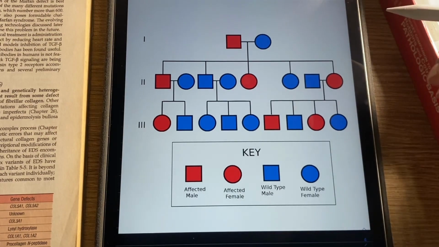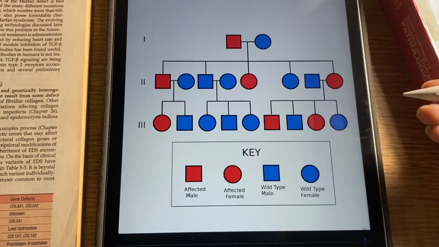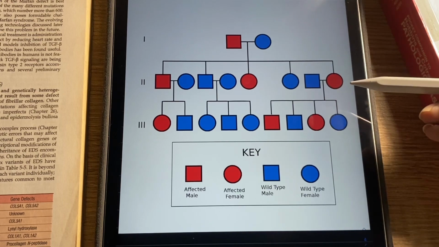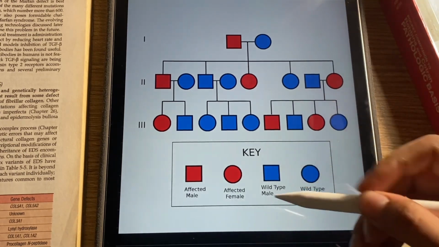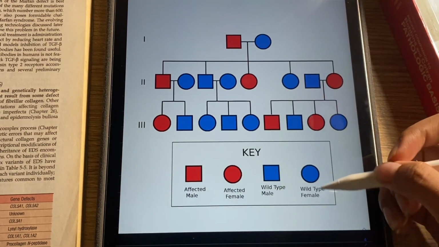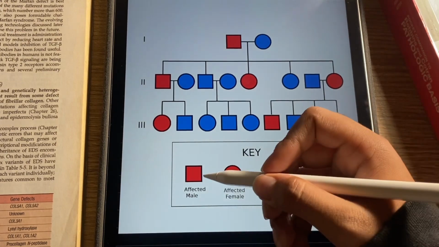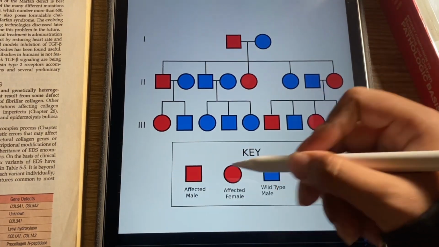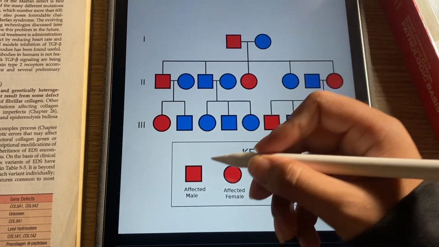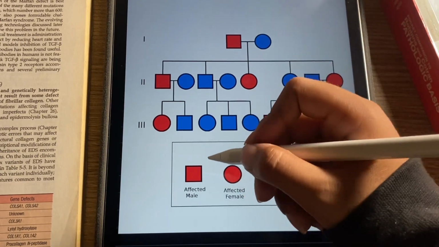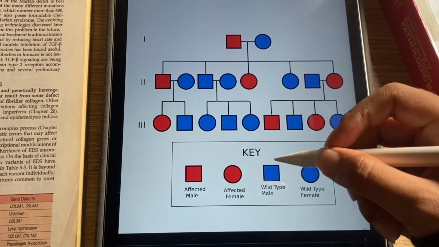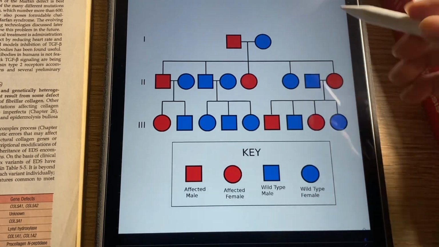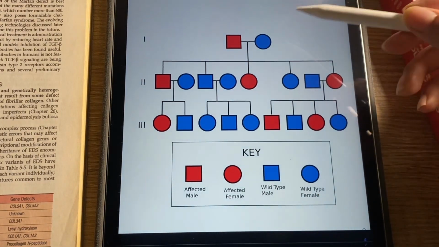The pedigree shown over here is of autosomal dominant. If we talk about how do I know that this pedigree is of autosomal dominant, let me tell you. First we will be seeing the key. In the key it is shown that the squares are denoting the male and the circles are denoting the female. जो हमारे पास male हैं, the red ones are affected, the blue ones are not affected, same as the females. So the crossing over is done,